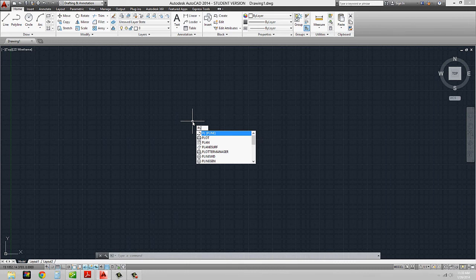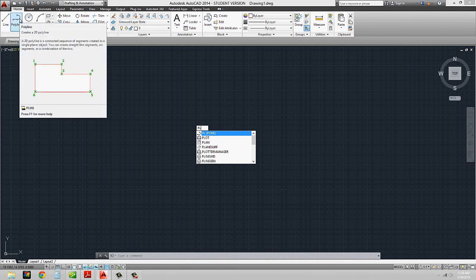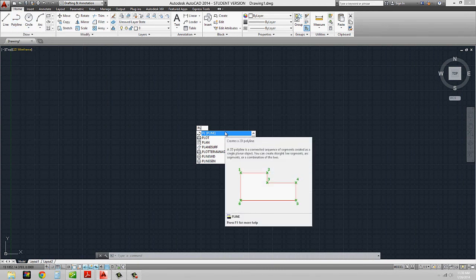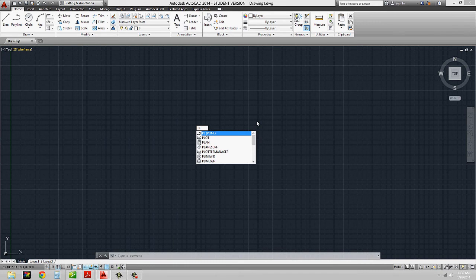Or if you want, you can type in P-line or polyline as the command. The nice thing about the later releases of AutoCAD is that they have this system where you just start to type it in and it'll go and find the command for you. Or else you can go up above and click on the polyline tool right up above here. So again, it's a personal preference. It depends on if you're a tool button person versus an alias person versus somebody who just likes to type in the command. You'll get these preferences as you start to work through AutoCAD. But what I'm going to do is type in PL for polyline.